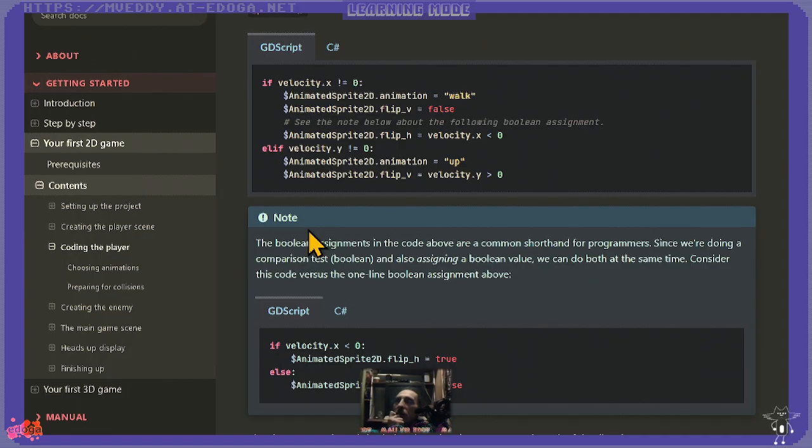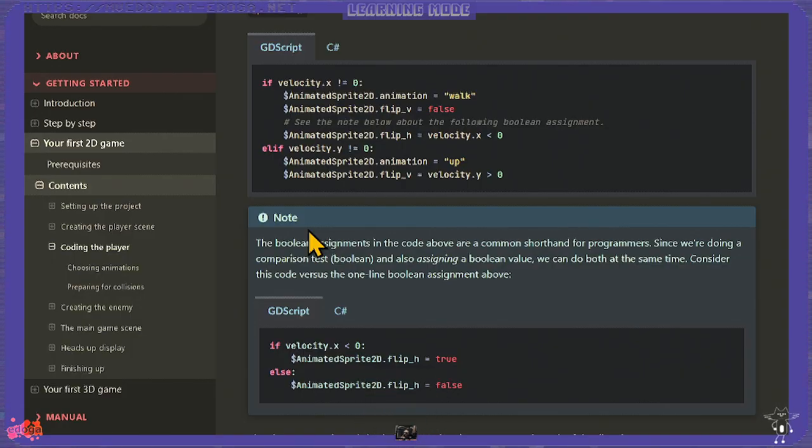This means that if we are not moving horizontally, then do this. If you're not, okay, so if x is